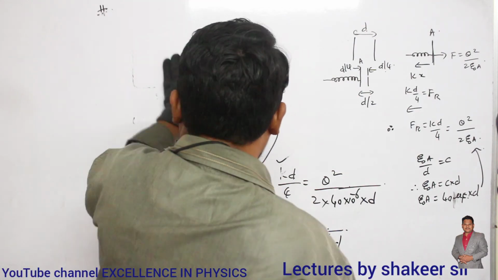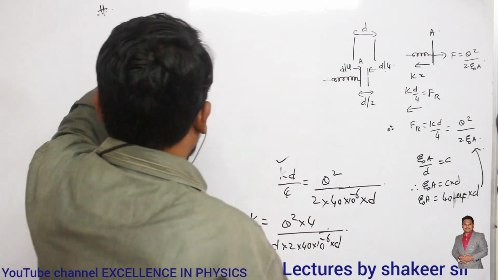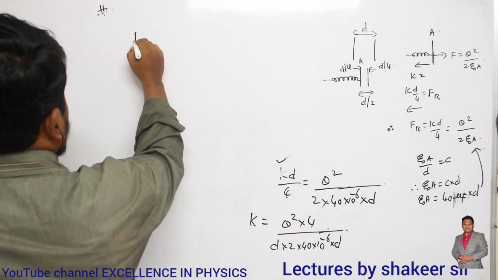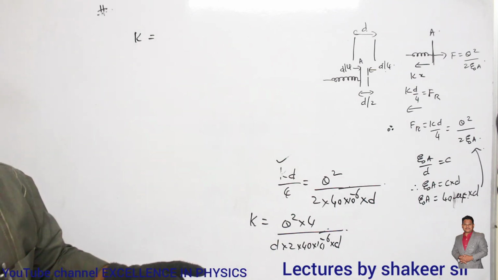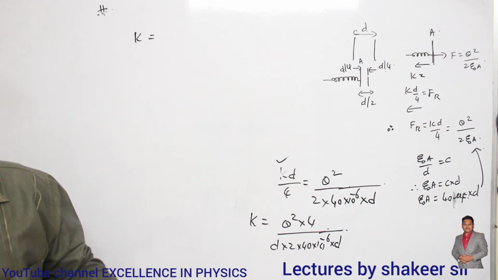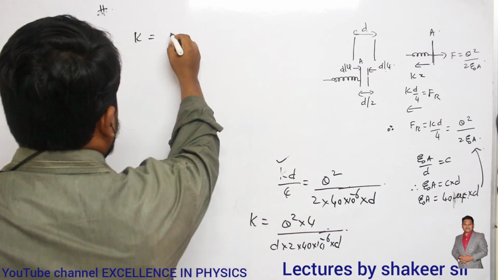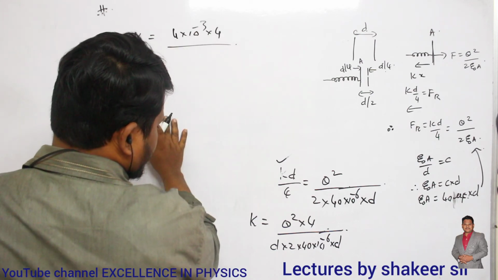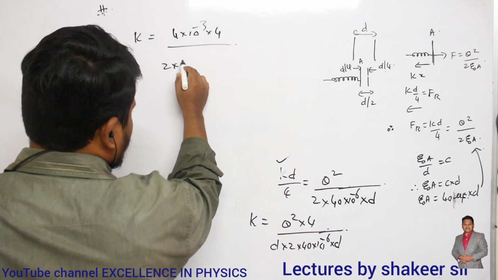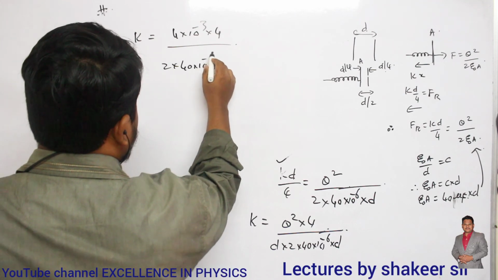So K is equal to Q squared. What is the value of charge stored? The value of charge stored is 4 into 10 power minus 3, no? So 4 into 10 power minus 3, squared, into 4, divided by 2 into 40 into 10 power minus 6